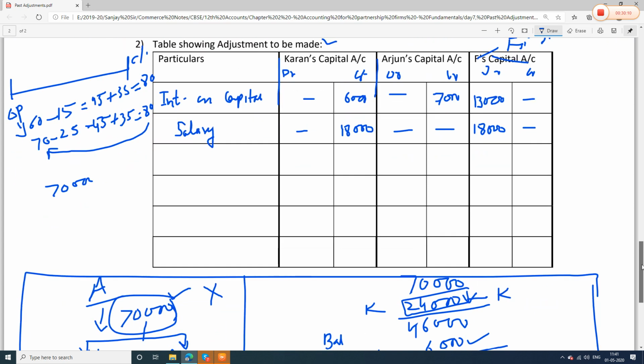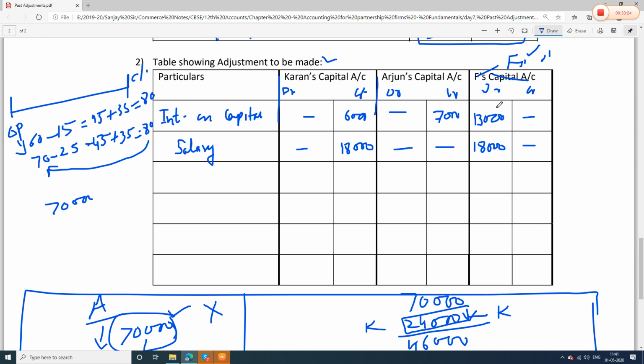Let's see now, guys. After salary, now what is the loss? Total loss they made 6,000, and 18,000 is how much? So how much was the firm supposed to pay them? 18,000 and 13,000 rupees. So 18 plus 13 is how much? 31,000 rupees. So this is the 31,000 rupees which the firm should have debited. But has the firm debited? No, because they forgot to take both these items. So now we will debit both these items.